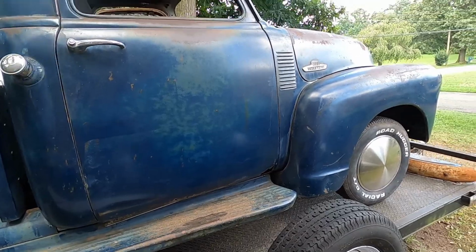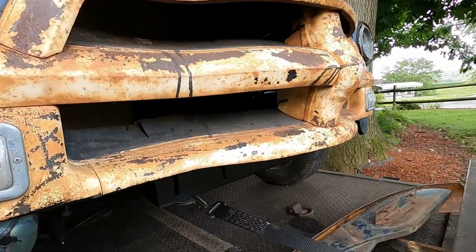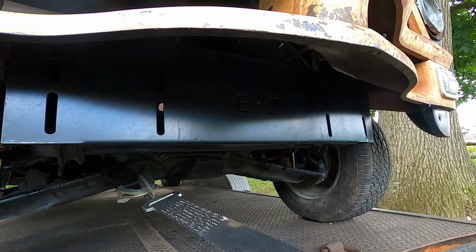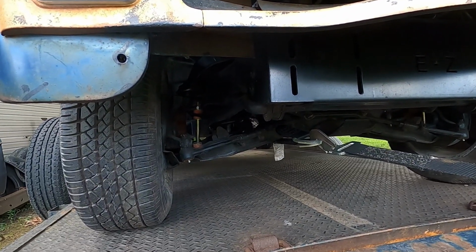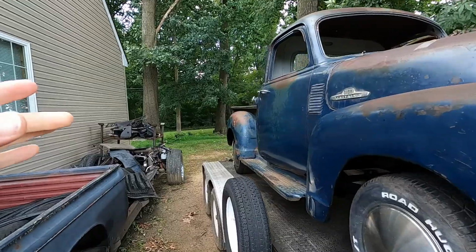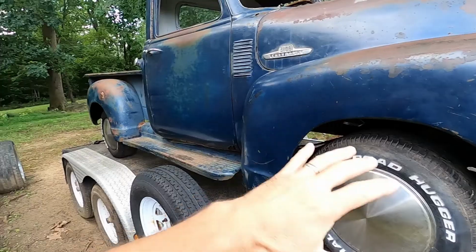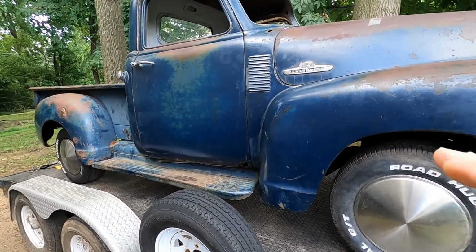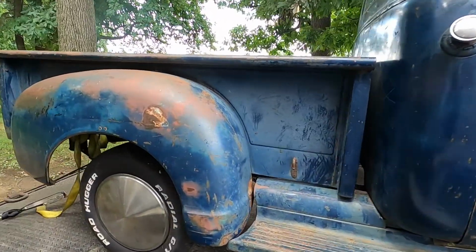First glance, this looks just like an old patinaed truck, but it is actually in fact sitting on an S10 chassis, an EZ chassis, I think. You can see the EZ right there. They actually take these chassis and reconfigure them, redo the body mounts, and move the rear axle like 1 inch. I think the center cab long bed S10 is within 1 inch wheelbase of these trucks, or 1.5 inches, something like that. So they reconfigure to make all this bolt right on and fit perfectly,